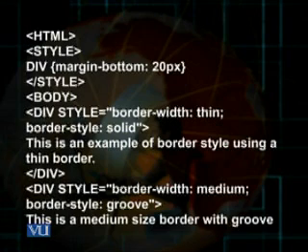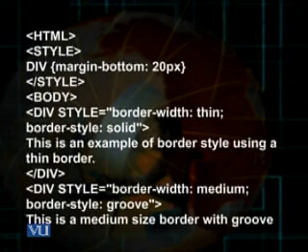Then the body tag, and in the first div, inline style, border width thin, border style solid, and I write, this is an example of border style using a thin border. As you just saw, a thin line border would be created whose style would be a solid line.